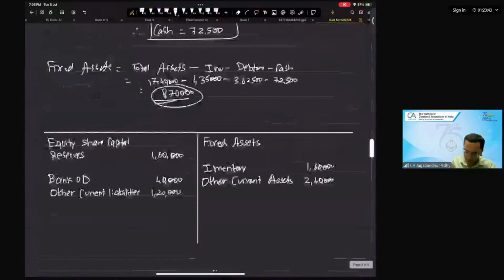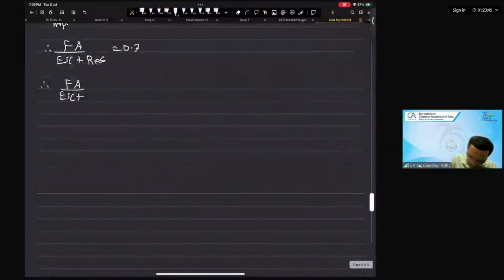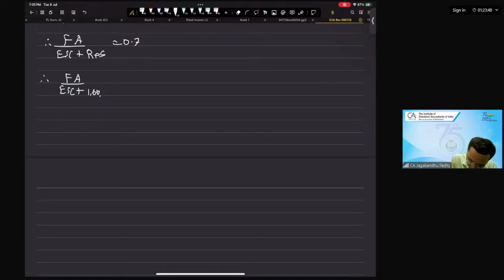But we know the value of reserves. Reserves is 1,60,000. That is 0.7. Right? So fixed assets upon equity share capital plus reserves is 0.7. So therefore we can say fixed asset is 0.7 times of equity share capital plus 1,60,000 into 0.7, which is 1,12,000,